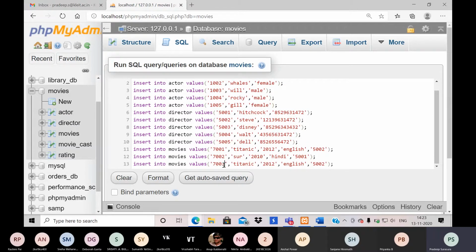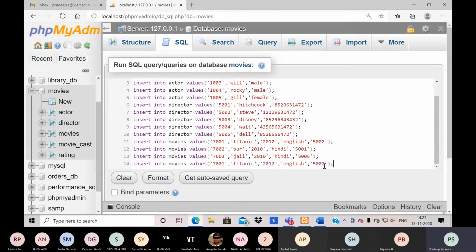So this will be 7003. Let me take it as some value like this. Then some other values. So this is 4, and I will take something as this.